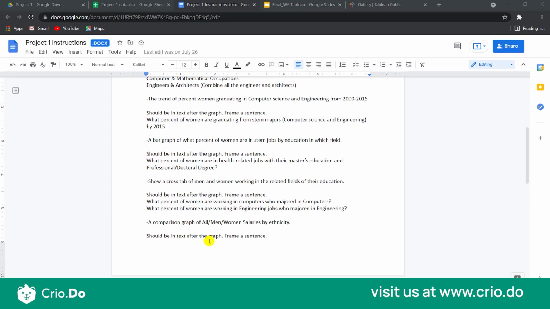Okay. And the next one should be a text after the graph. Again, a sentence. What percent of women are working in computers who majored in computers? What percent of women are working in engineering jobs who majored in engineering? So these two are actually the same kind of question, but you do have a different